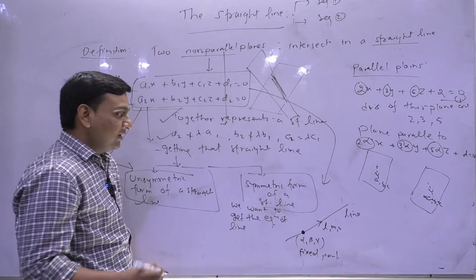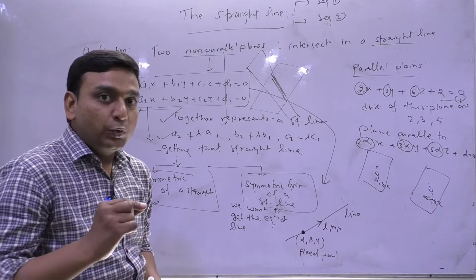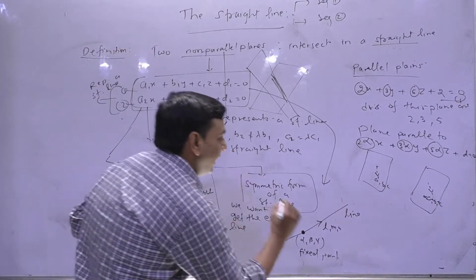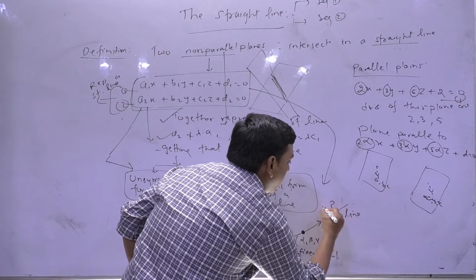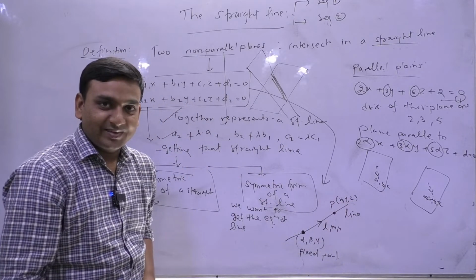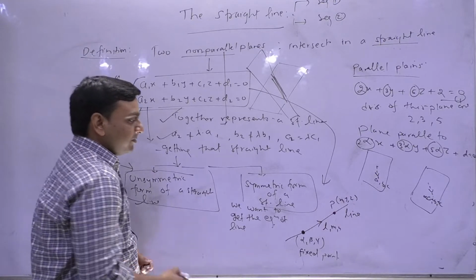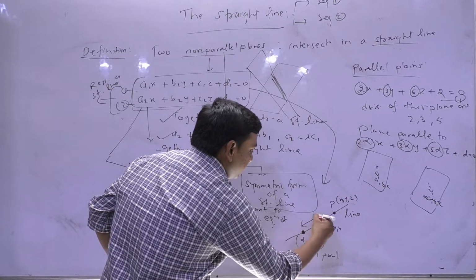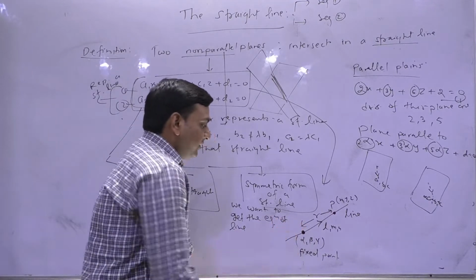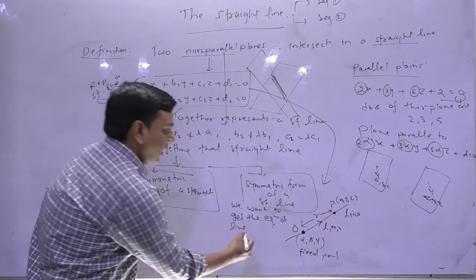So what I'll be doing to get the equation of some surface? What I told you in the previous lecture, to get the locus of an arbitrary point. So let's take some arbitrary point x, y, z over the line. Is that clear or not? So what I say is, if this distance is r, please notice, OP distance, let's say this is a point O. Okay, if OP distance is r,